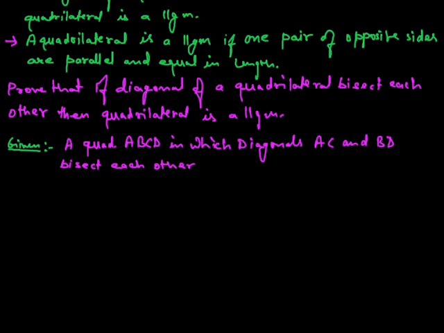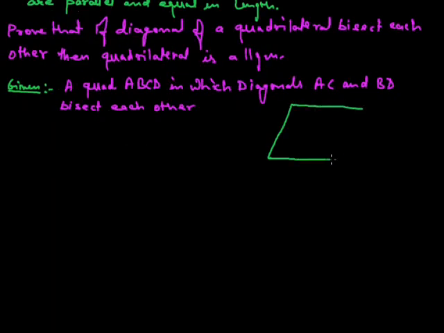Let us draw the diagram. This one is A, B, C and D. And diagonal AC and diagonal BD intersect कर रहे हैं. Let's assume a point O. क्वेश्चन में गिवन है कि बाइसेक्ट each other. बाइसेक्ट मीन्स